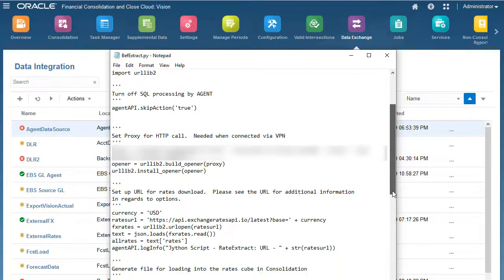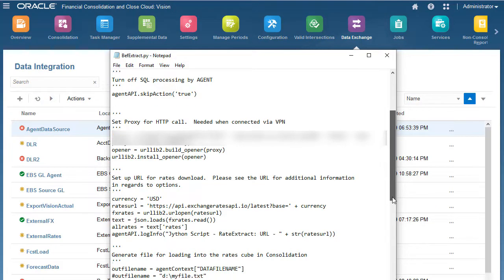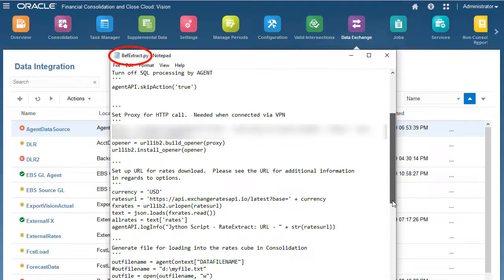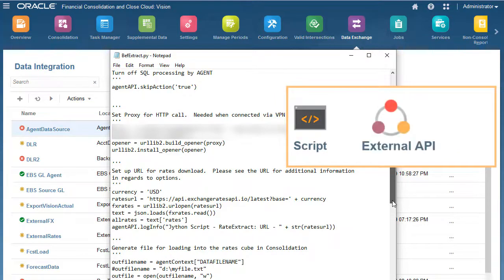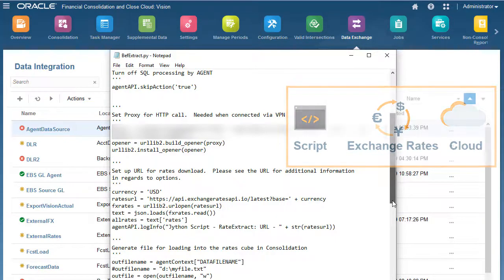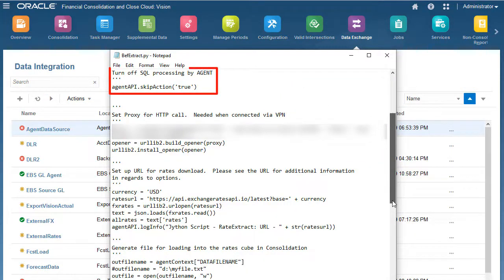To pull the exchange rates from the API, the agent first calls the befextract script. A Jython script calls an external public API to retrieve exchange rates and then prepares data for upload to the cloud. It also issues a command to bypass the standard SQL processing logic of the agent and instead relies on the script logic for the data source extract and data preparation for subsequent upload to the EPM Cloud.